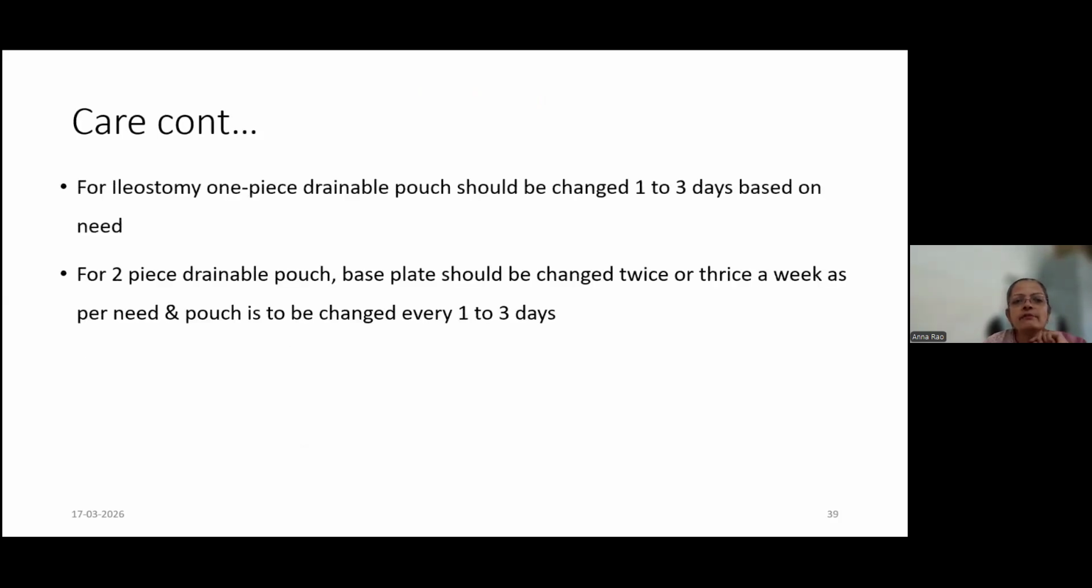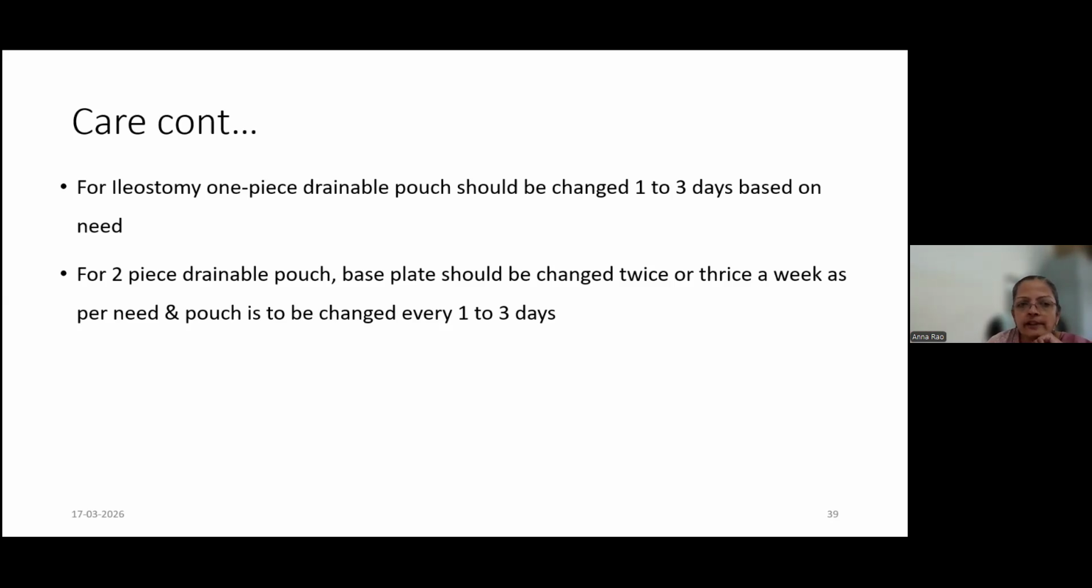For ileostomy, one piece drainable pouch should be changed every 1 to 3 days. Okay, and of course, it will depend on the need of the patient also. And two-piece drainable pouch. Okay, so the base plate that is sticking on the abdomen should be changed twice or thrice in a week as per the need of the patient, because some patients may have oily skin,